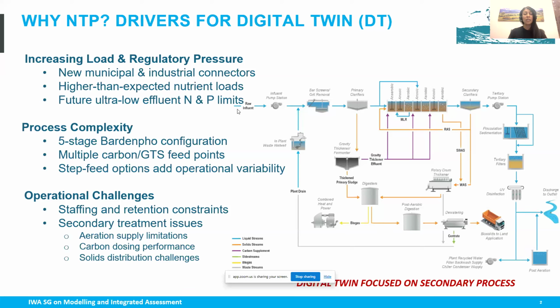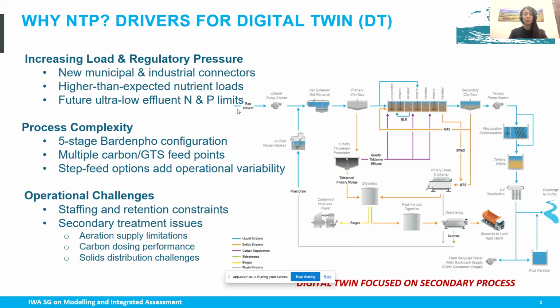So with the new loads that we're adding for that facility, we have new connectors, and some of those connectors have industrial and municipal dischargers. Those industrial discharges have added more nutrient loads than the plant was designed for. So we're seeing some challenges with treating ammonia or nitrogen and phosphorus,